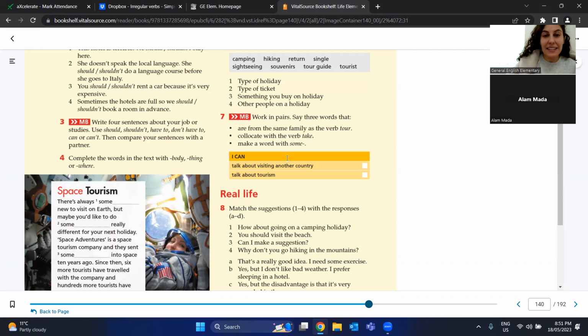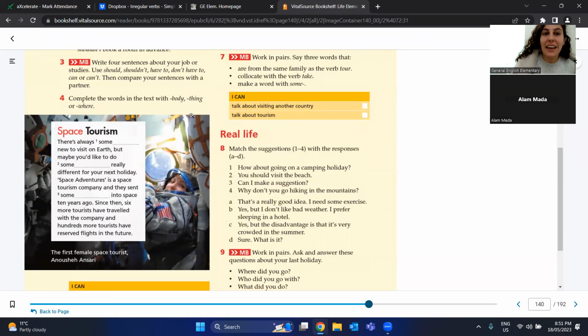Okay, good. So we practiced that. This is in Unit 11. I know you weren't here, Mariana and Alexandra, for Unit 11, but this is a review, okay? We also looked at saying body, thing, and where. Remember, anybody, anything, and anywhere. Somebody, something, and somewhere. And everybody, everything, and everywhere. So you have to remember there were 6 of them. If I said somebody, make me a sentence with somebody. Like somebody is knocking on the door. I don't know who. Somebody, a person.